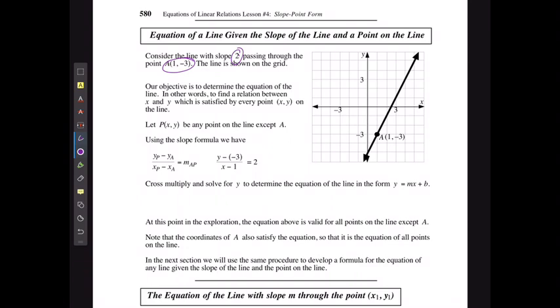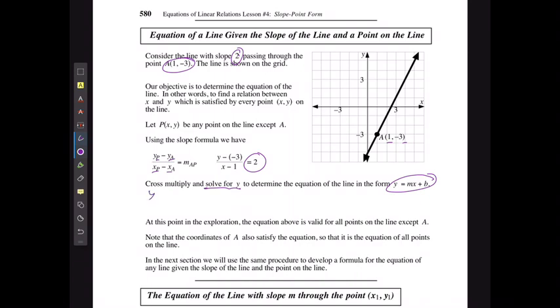And I can say that if I have yp minus ya over xp minus xa, then that would be the same as, well, I know what the A points are. Y minus negative 3 over x minus 1 gives me a slope of 2. This is just using our slope formula. If I'm going to cross multiply and solve for y to determine the equation of the line in the form y is equal to mx plus b,